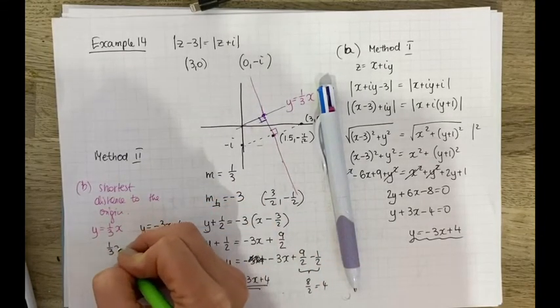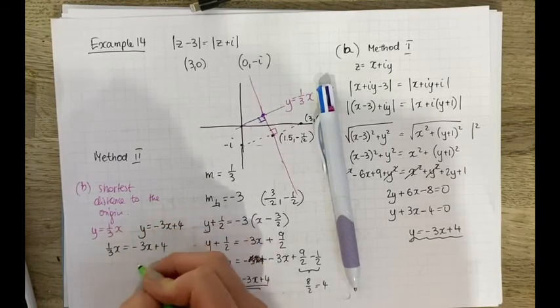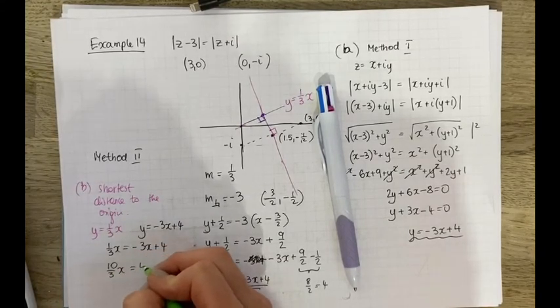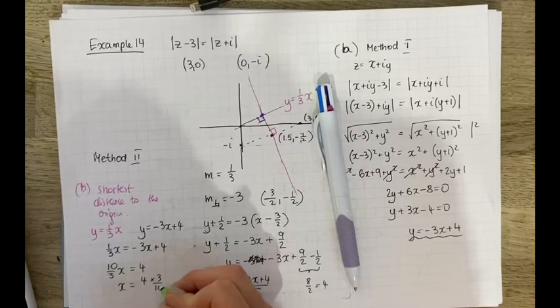We're going to solve the equations simultaneously. So this is going to be 10/3 of x is equal to 4. So x is equal to 4 times 3/10,